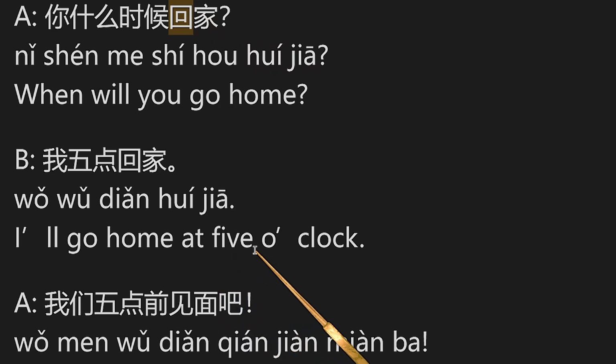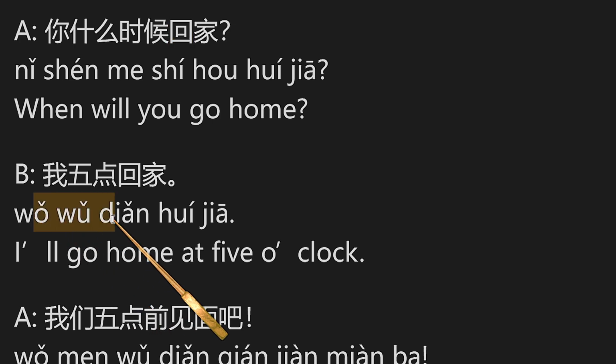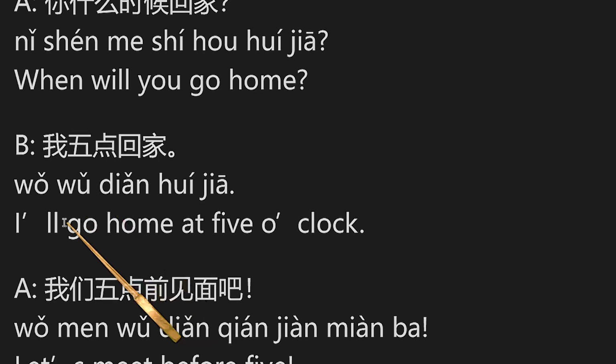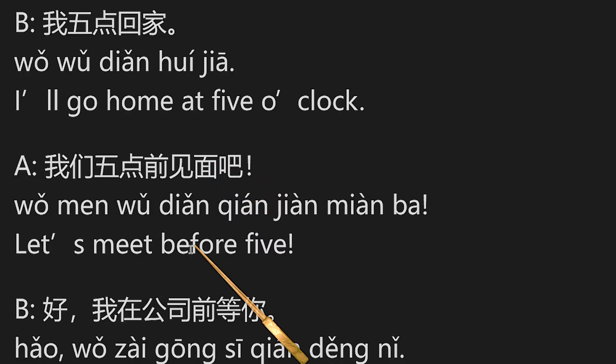I will go home at 5 o'clock. 我5点回家。 5 o'clock, return home. In English it's first go home, then 5 o'clock, but in Chinese it's time first, then the other part of the sentence. So you cannot say 我回家5点。我5点回家。